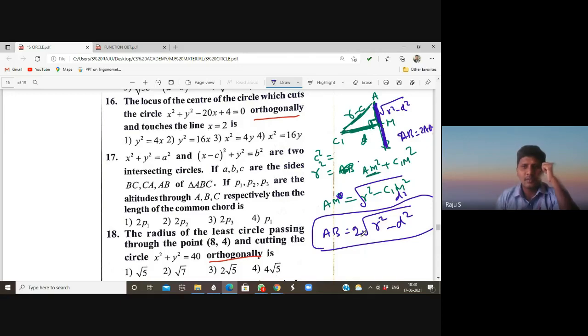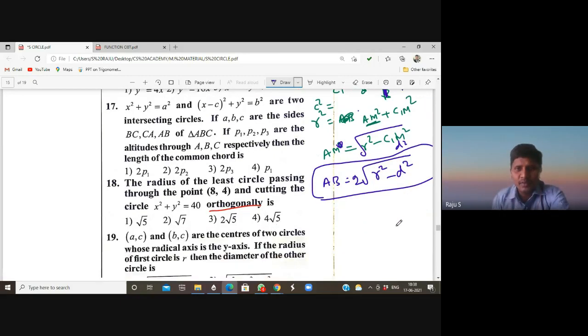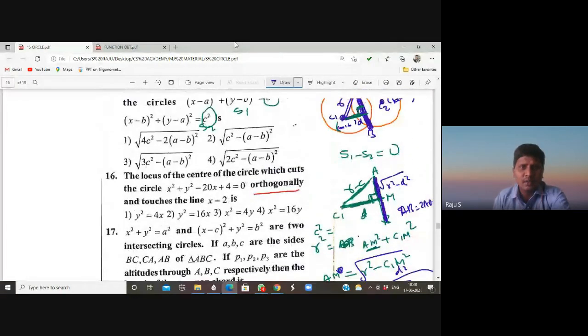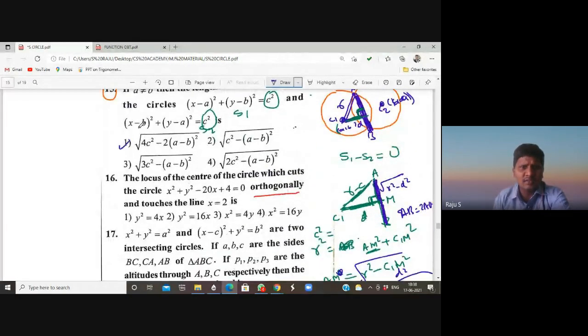Okay. The chord equation and the circle, we also discussed 3 to 4 questions. With the help of that you can do it. You'll get it easily, I think. The answer is the first option. Okay. Next,